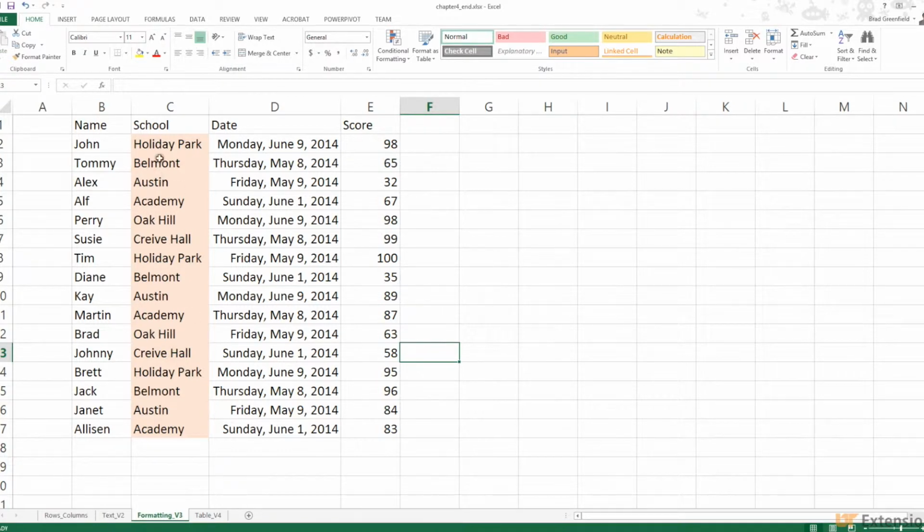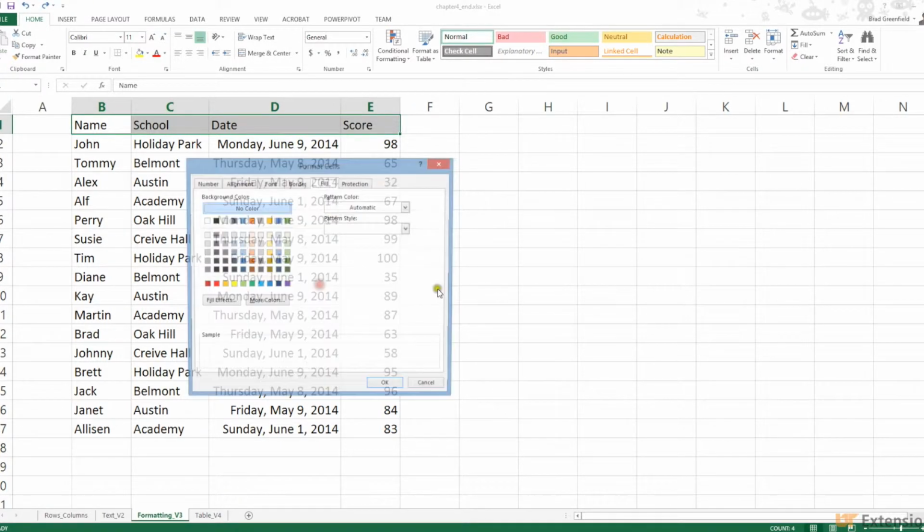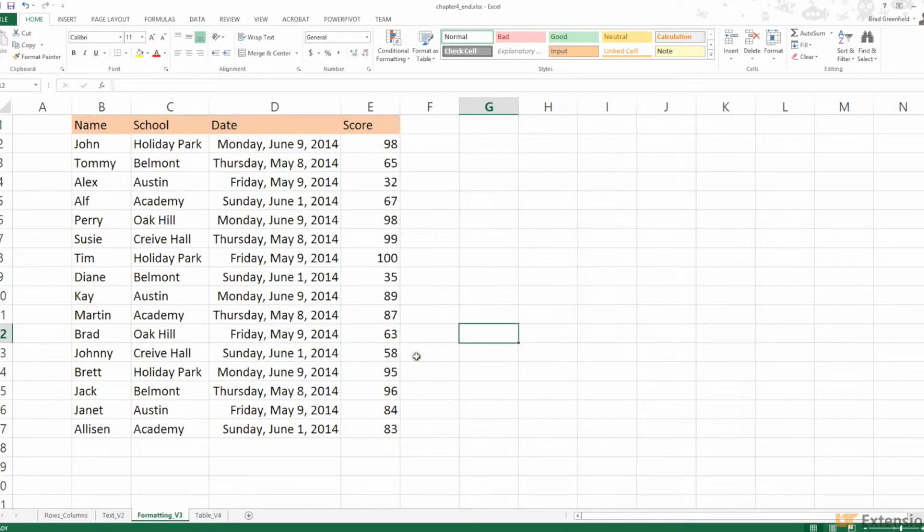So now we have that row or that column filled with a different color. Doesn't make much sense here. Perhaps that would be better suited if we did something like that up here in our heading. So we'll go into Format Cells, and again in Fill, and we'll add just a little bit darker peach color there just to give it some flair. So a lot of different stuff that you can do, but one of the neatest things about formatting is conditional